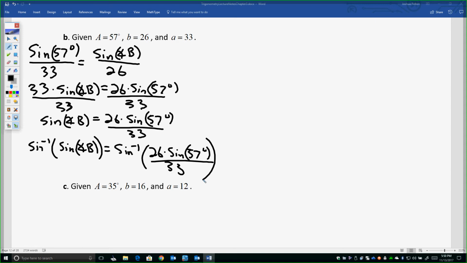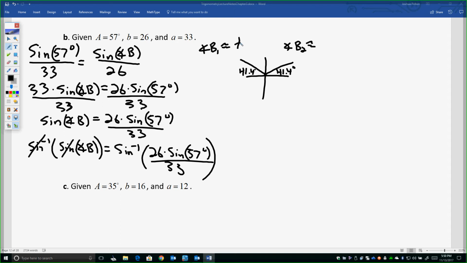Okay, so that's going to cancel, and we have a couple outcomes because we have angle B1 and angle B2. If you type it in the calculator, it will give you 41.4 degrees, but there's another possible angle over